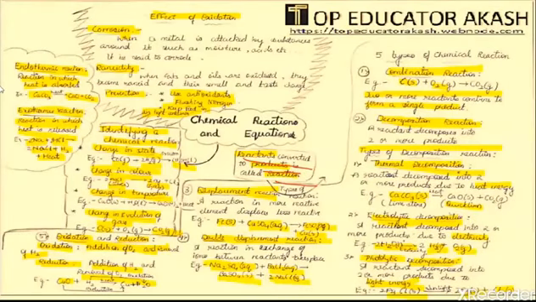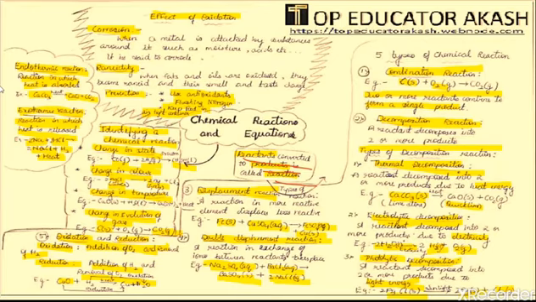What is a chemical reaction? In the last examples we observed that the reactants were converted into products, that is, new substances were formed. In this process chemical reactions took place. How do we identify a chemical reaction? We have certain following processes. We can identify a chemical reaction by change in state, that is, one reactant which was in solid, liquid or gaseous state will change into another state.